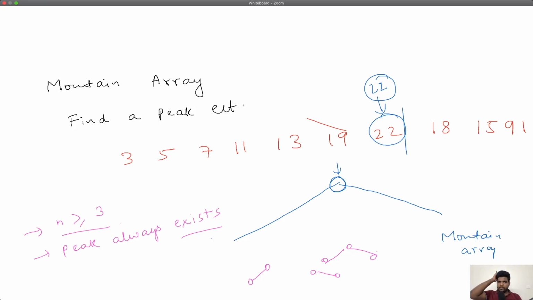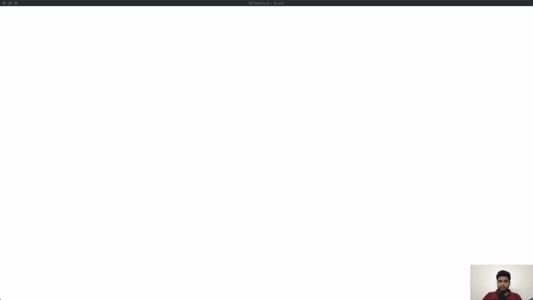Let's try to think about this problem and how we can go about solving this. Let's try to see the mountain. So imagine this is the array that you are given, and you are interested in finding this element. So what does that tell you?